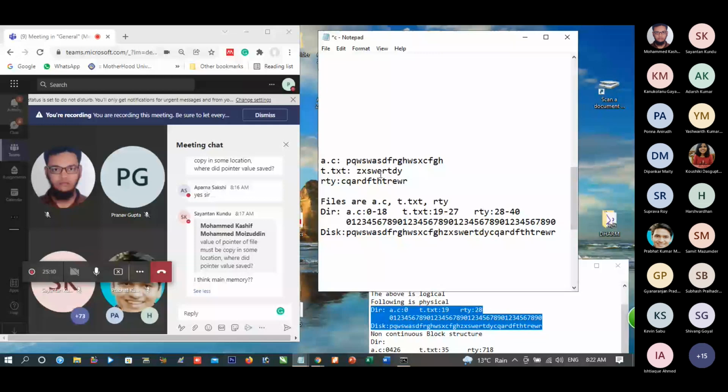So this is logical. Logical basically means I want that A.C should contain these letters. Now, we shall see what is indexed allocation.